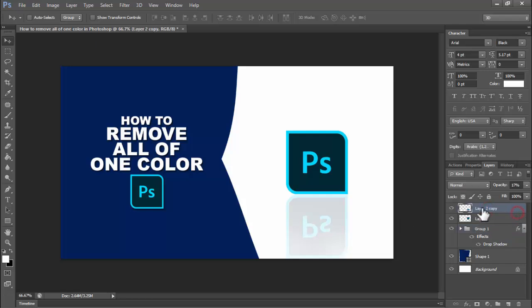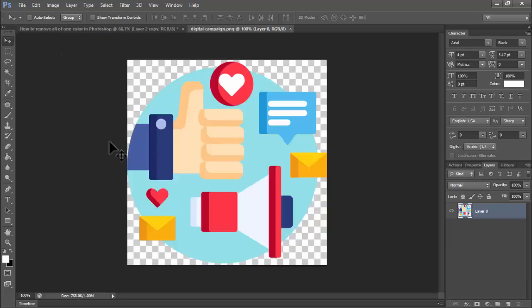First of all, open your Photoshop program, then open your file or image. Okay, now see this logo. I will remove this color